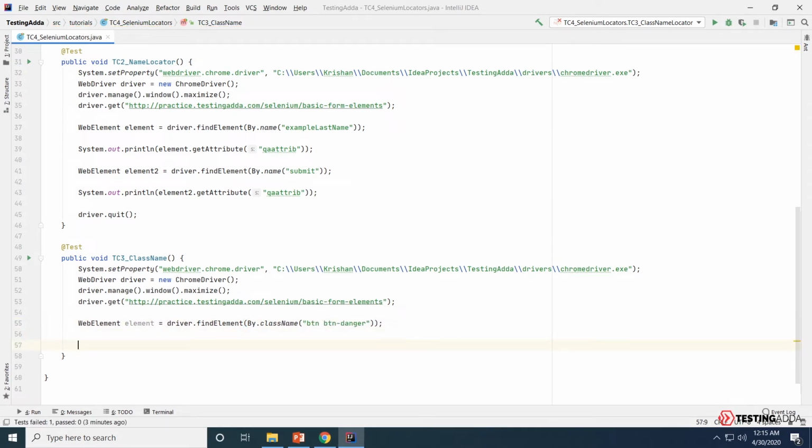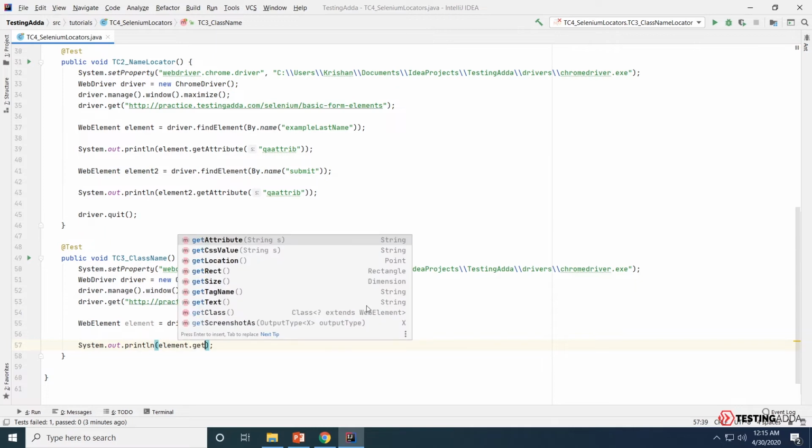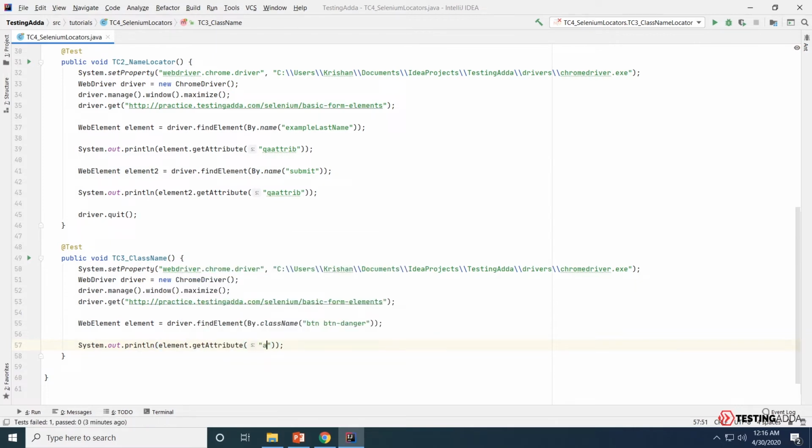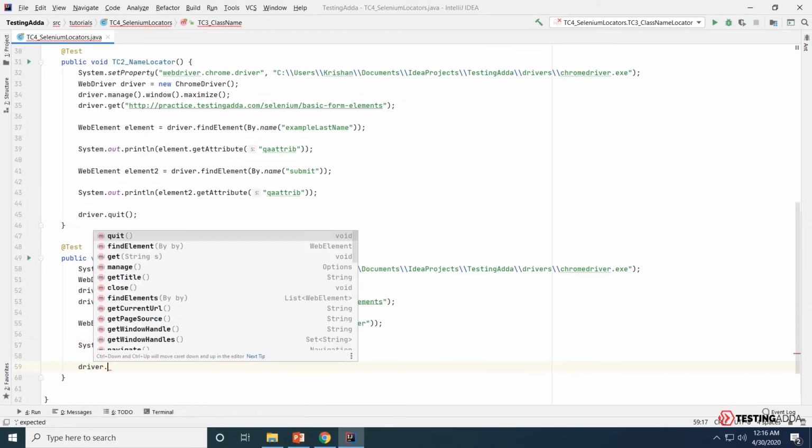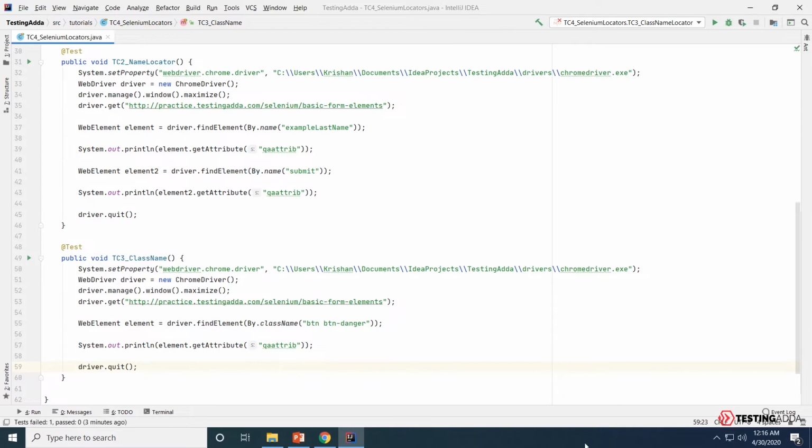Now I'll try to print the QA attribute using sout element.getAttribute QAATTRIB. Let's try executing this method using right click and run.